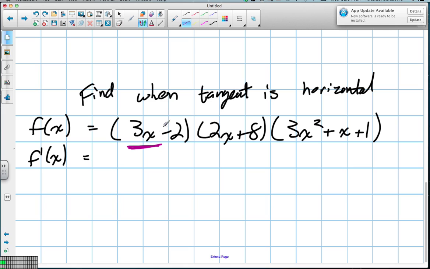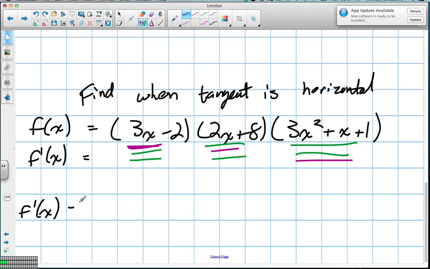Okay. In this case, it's very similar. We find the derivative of the first, and then we keep the original of the second and the third. Then we keep the original of the first, derive the second, original of the third, and finally original of the first and the second, and then derive the third. Okay? So there's just an extra addition in this question. So f prime x, derivative of our first value, we'll always do the derivatives in purple, we'll keep the greens as the original, is going to be the value of just 3 multiplied by 2x plus 8 times 3x squared plus x plus 1 added to